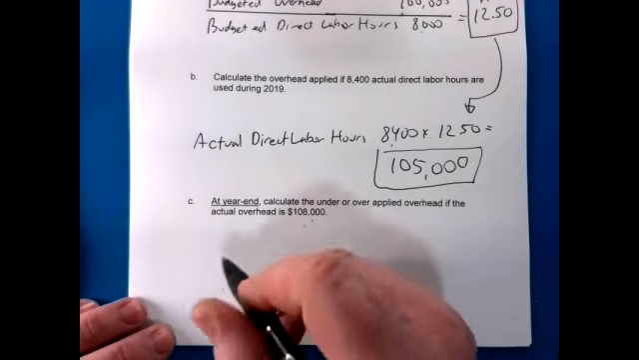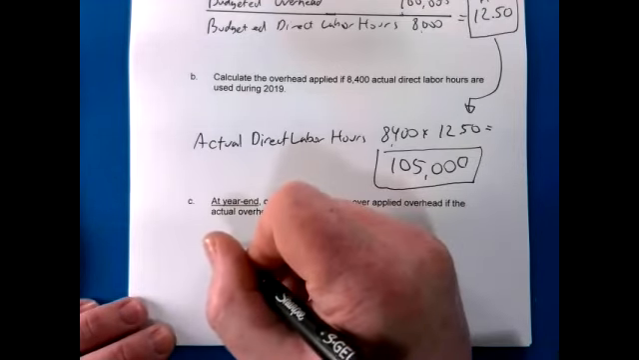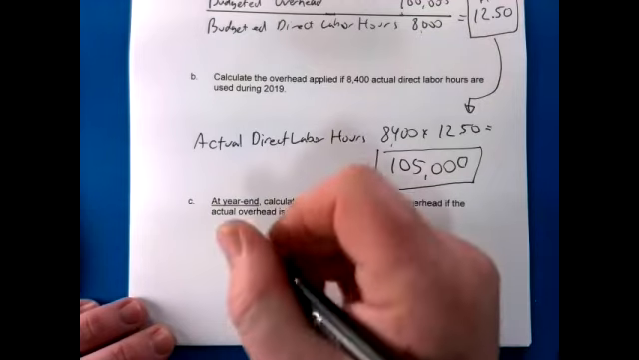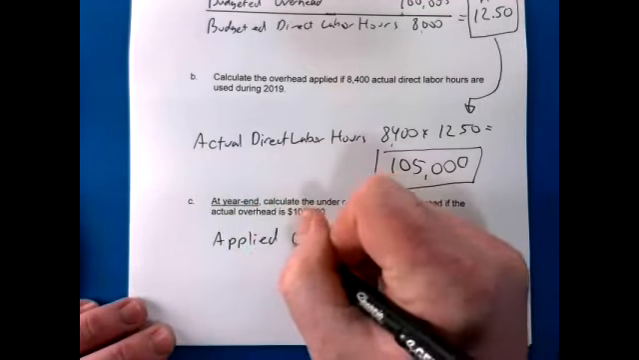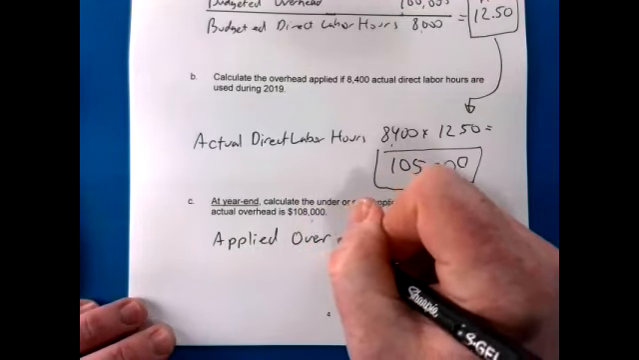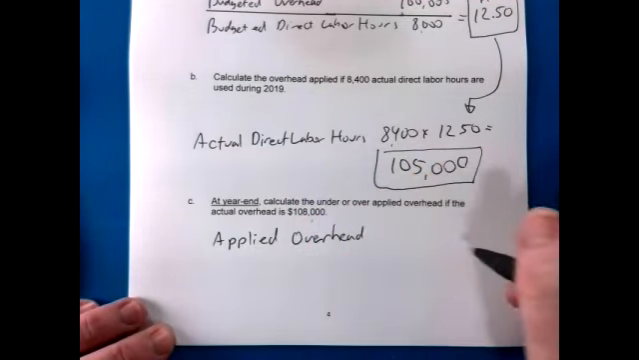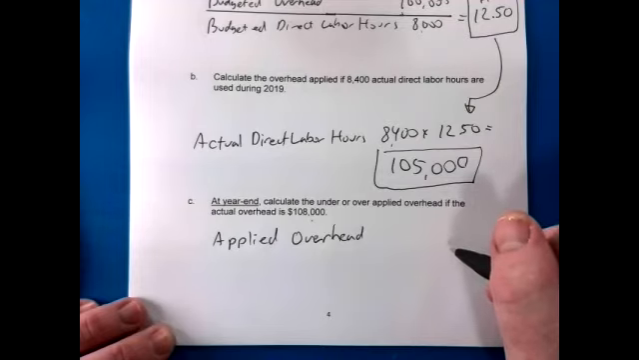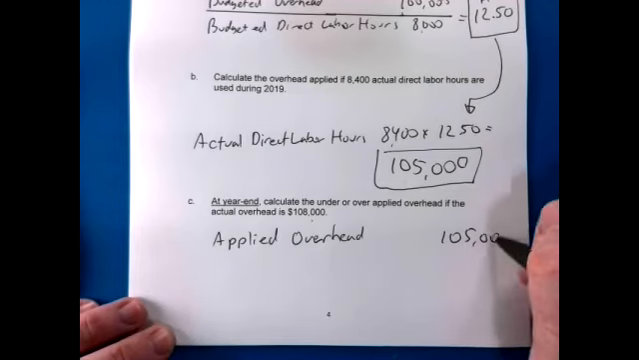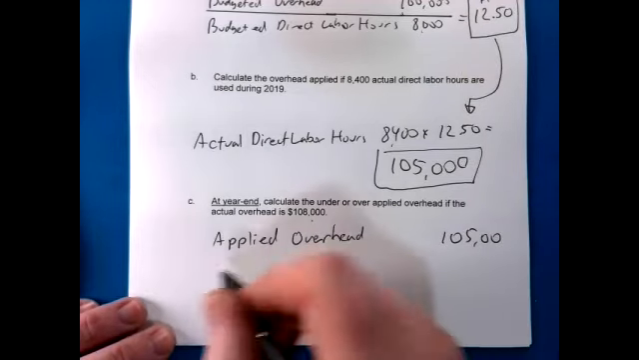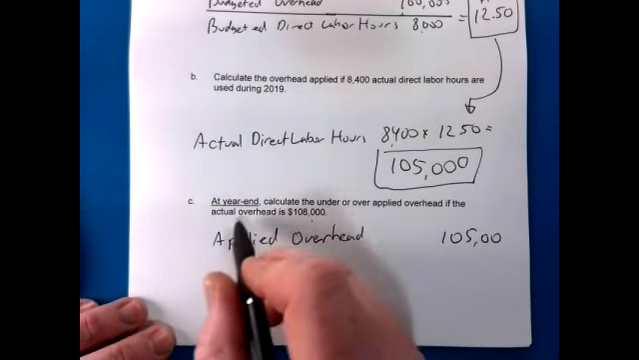So at year end, our applied overhead was 105. Our actual overhead